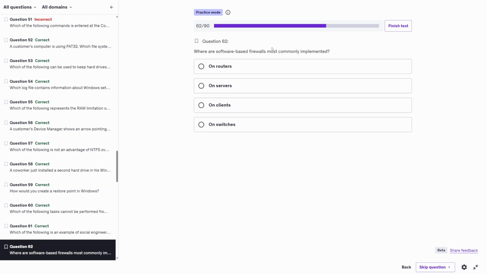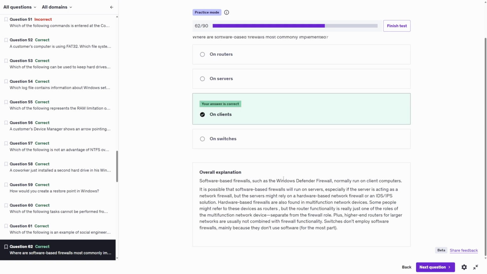Where are software-based firewalls most commonly implemented? The answer to this is going to be on clients. Software-based firewalls, such as Windows Defender Firewall, normally run on client computers. It is possible that software-based firewalls will run on servers, especially if the server is acting as a network firewall, but the servers might rely on a hardware-based network firewall or